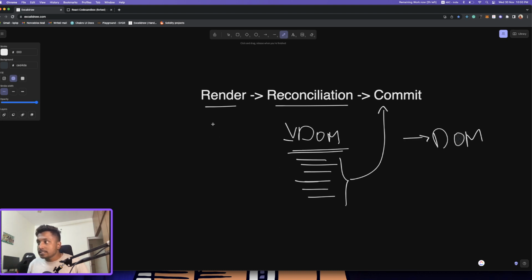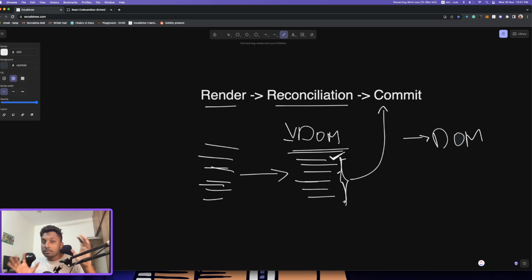So you can see here, in the render phase you have a bunch of updates to be made, and then you send them over to the virtual DOM. The virtual DOM will verify those updates. I'll tell you later what this verification is. For now, just think that it will do some verification, and then it will group them. Again, it's very important: it will group them into one single update, and then send it over